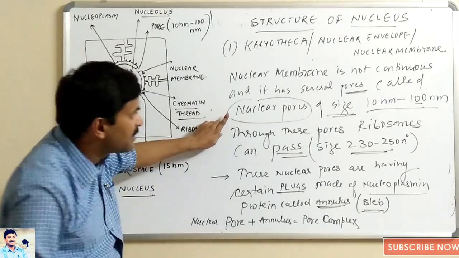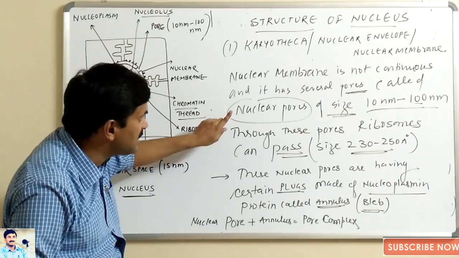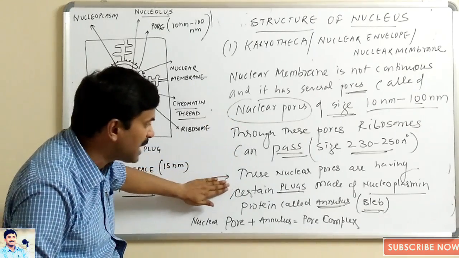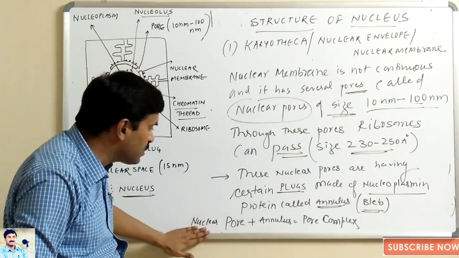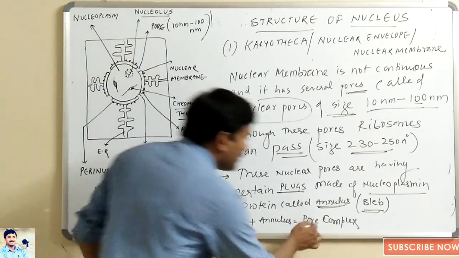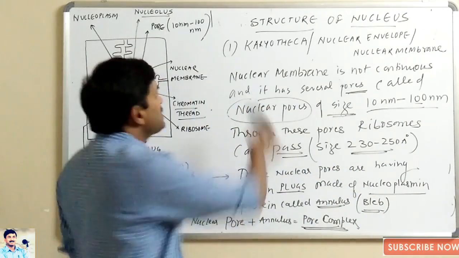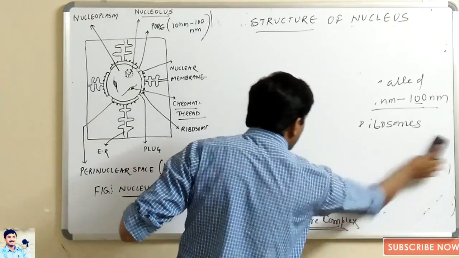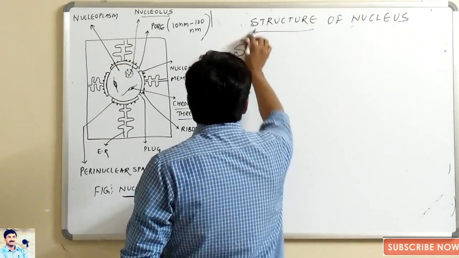First, what I have said, that nuclear pores are present in the nuclear membrane, but these nuclear pores have certain plugs which are made up of nucleoplasmin protein, and these plugs are called what? Annulus. Nuclear pore plus annulus forms what? Pore complex. Now the question arises, what is the role of this pore complex? What is the role of this pore complex? So remember that pore complex